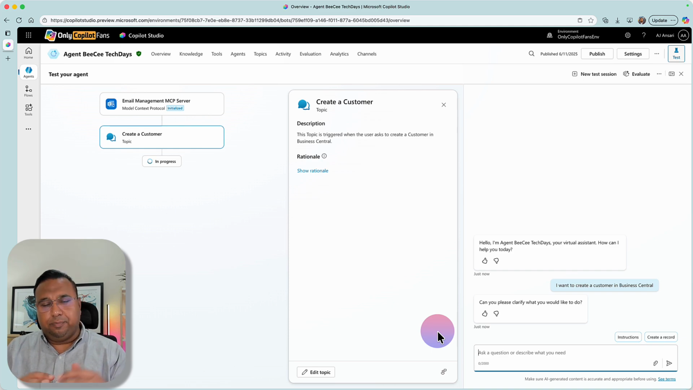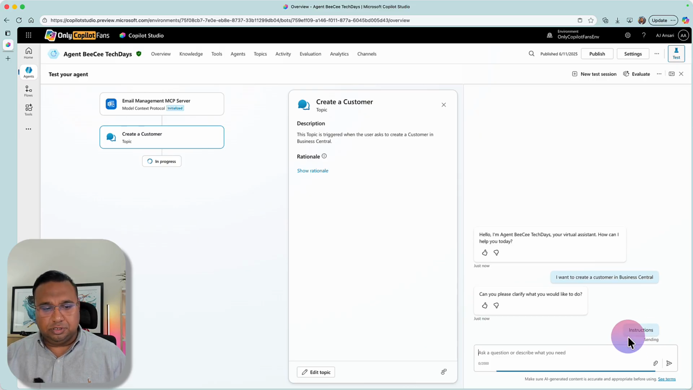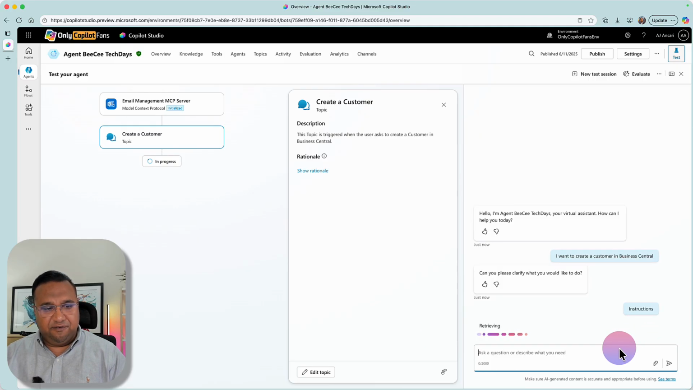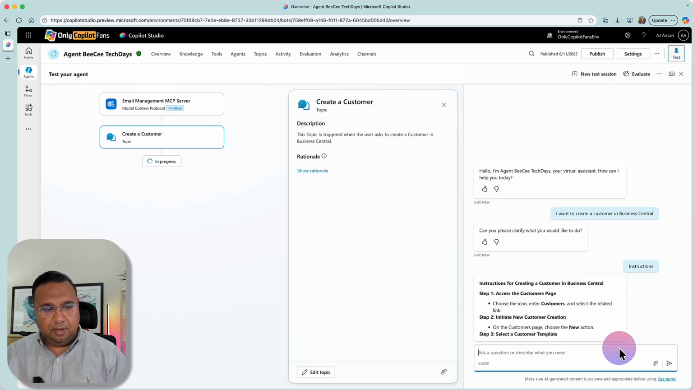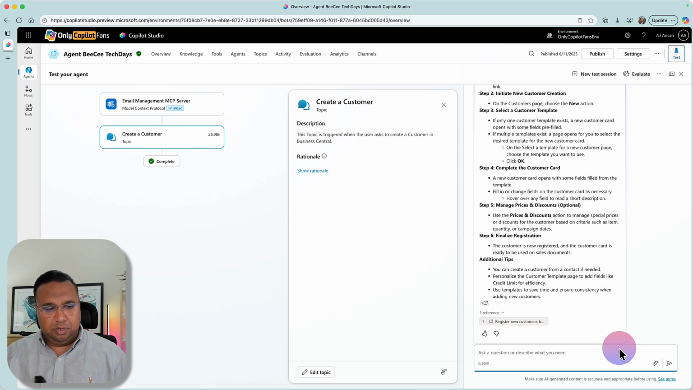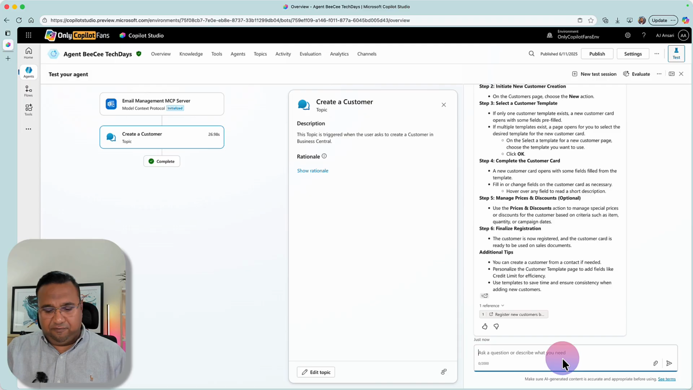But normally what it's supposed to do is elevate topics over all the other tools that are available to it. So now you see it says instructions or create a record. If I choose instructions, it's going to give an answer on how to. And once again, if I'd said create a customer, or I'd like to create a customer,